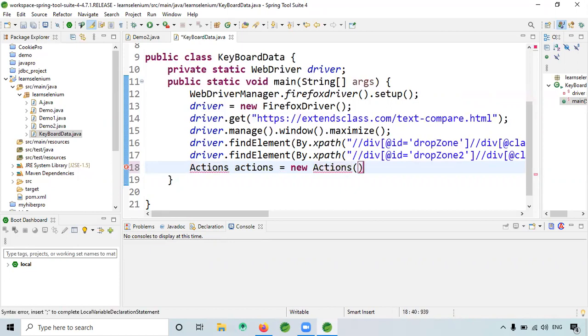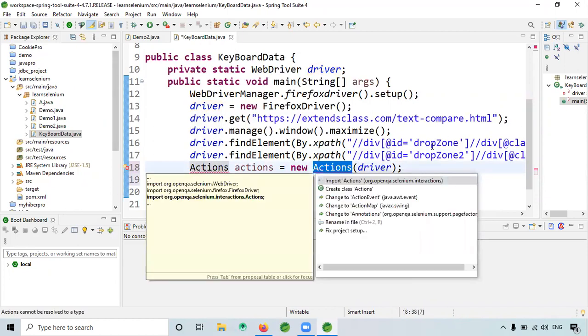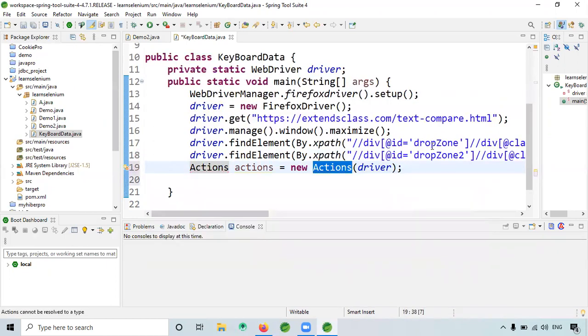For Actions, we always have to pass the driver here. And now this also we are using drag and drop? It is kind of like it only. Now we are copying and pasting. Okay, so this is done.